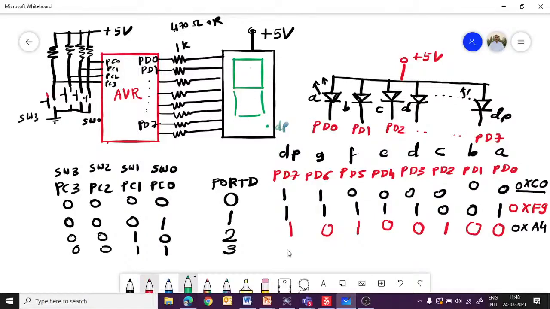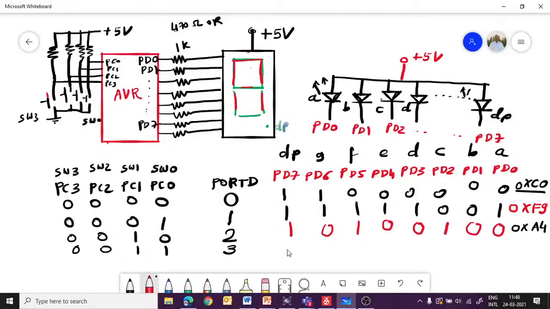And to make A, what is required here? This segment on, this segment on, this should be on, this should be on, and this should be on.